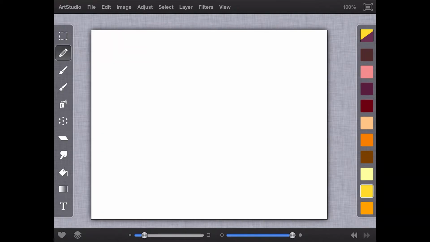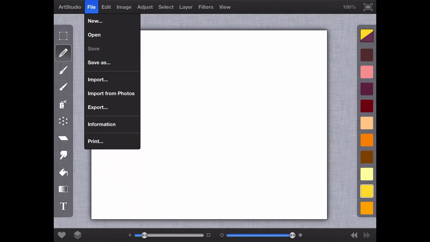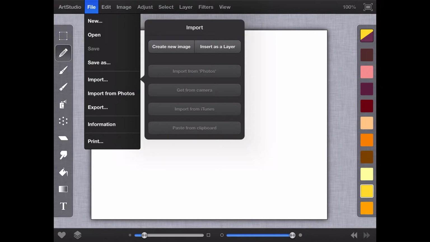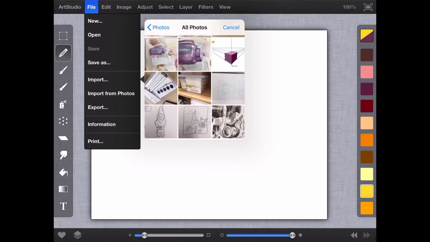So I'm hoping all of you know how to do this already, but for me to import photos from my library into this document, if I hit import from photos, it's going to replace the size that I just put there, the document size, and I need to bring it in as a layer. So to do that, you hit import, dot dot dot, as a layer from your photos. So I'm going to go in here and bring in,